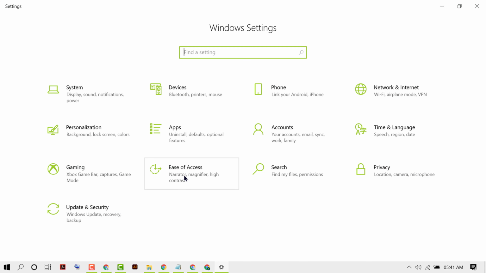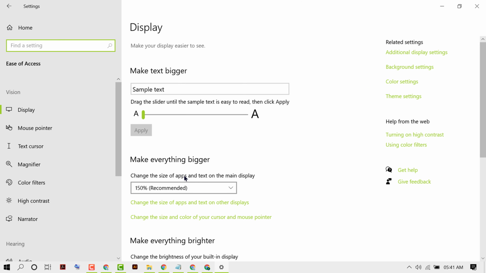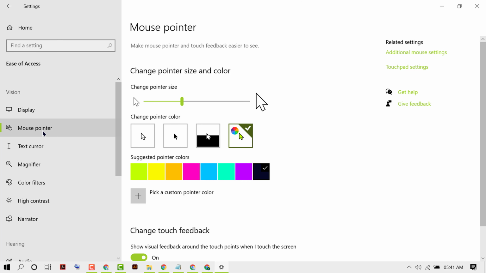then ease of access. Here you will see the option mouse pointer in this left side panel. So click on it. You can change size